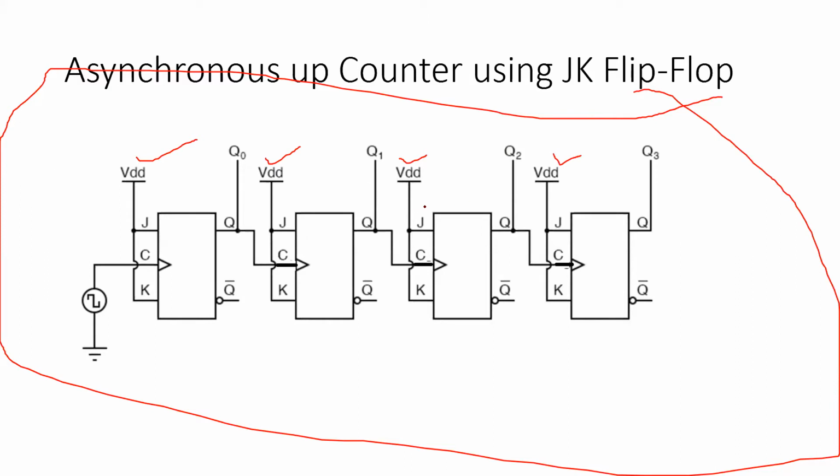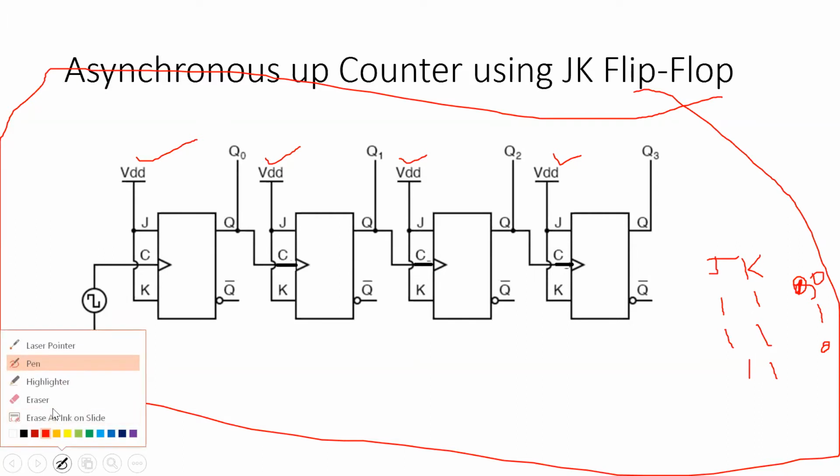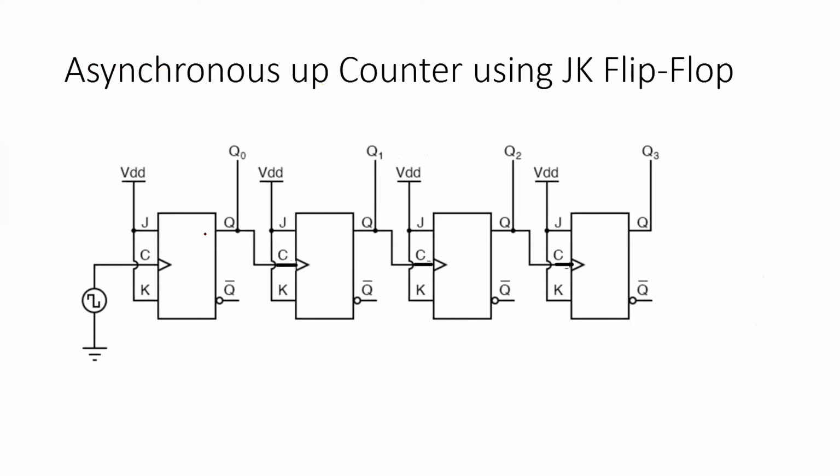And we know in a JK flip-flop, whenever the value 11 arrives, it will alter the state of the flip-flop. If we presently have the value 1 over here, after 11 arrives it will make it 0. Again, if 11 arrives, it will make it from 0 to 1, and again it will make it 0. So 0 1 0 1, it will alternately move. Basically it alters the state of a flip-flop whenever the value 11 arrives.